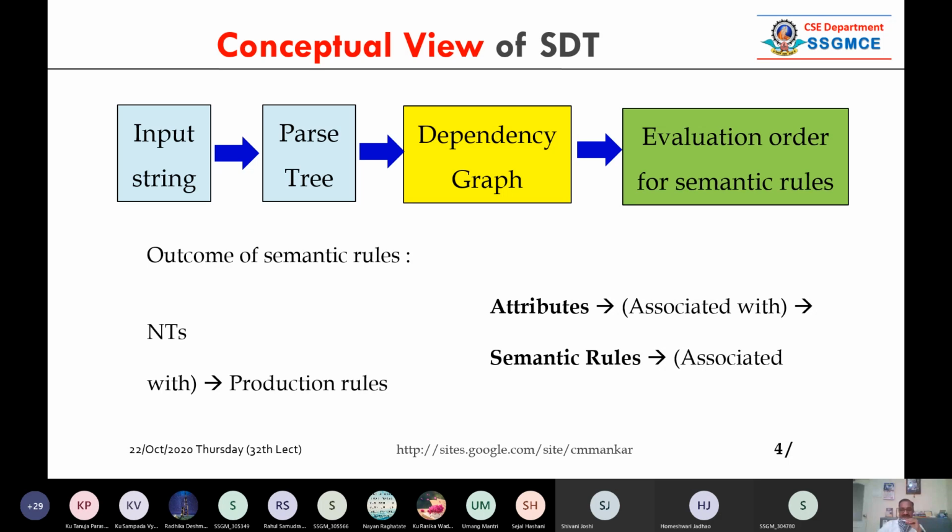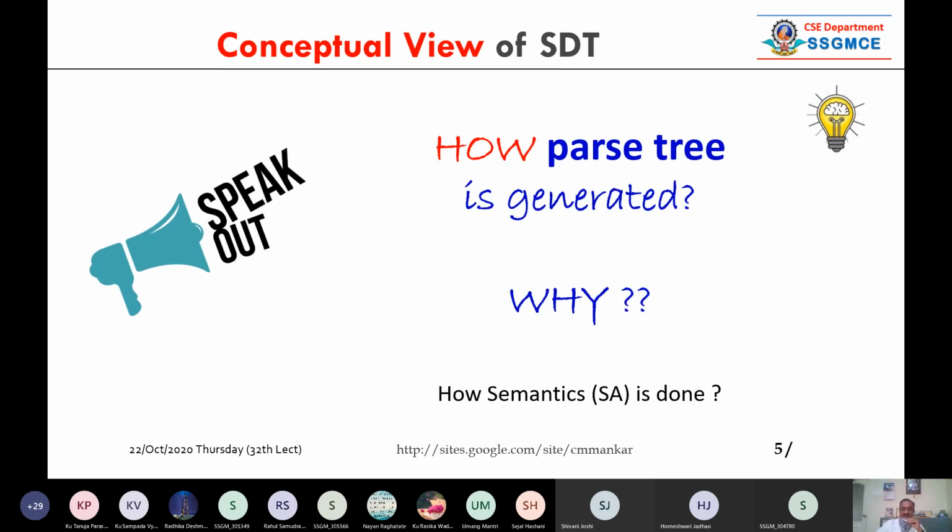Many times they ask you this. Now we shall see how we generate the parse tree. Someone should tell me. You can keep your mic on, or even turn your video on and speak. Can anyone tell me how the parse tree is generated? Hello, Sudhanshu.